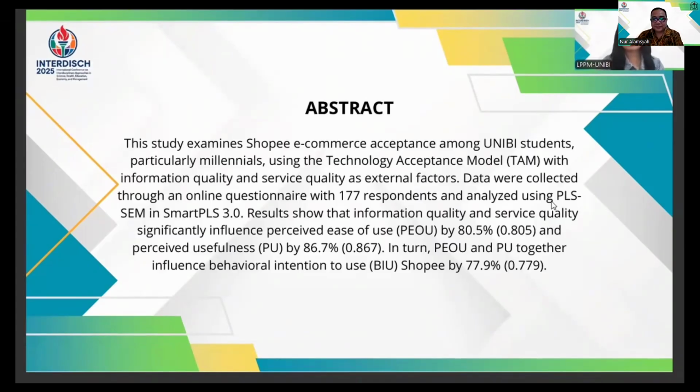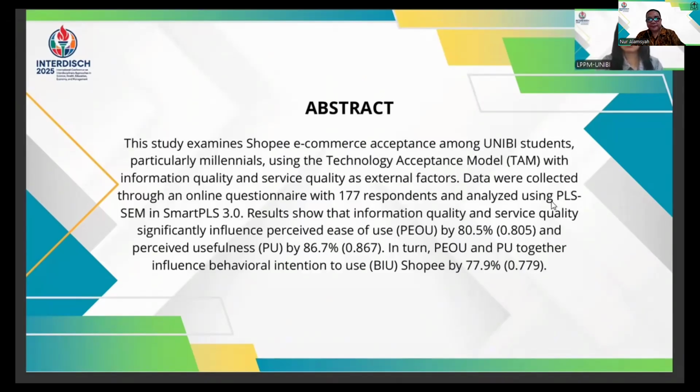First, abstract. This study examines Shopee e-commerce acceptance amongst Unibi students, particularly millennials, using the technology acceptance model TAM with information quality and service quality as external factors. Data were collected through an online questionnaire with 177 respondents and analyzed using PLS-SEM in Smart PLS